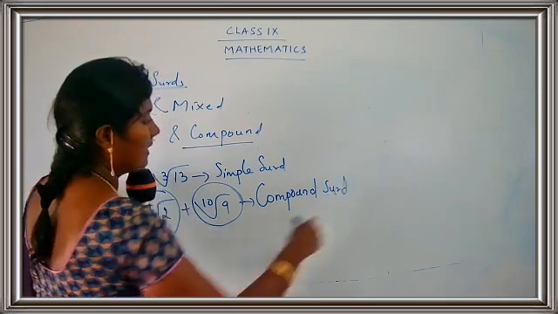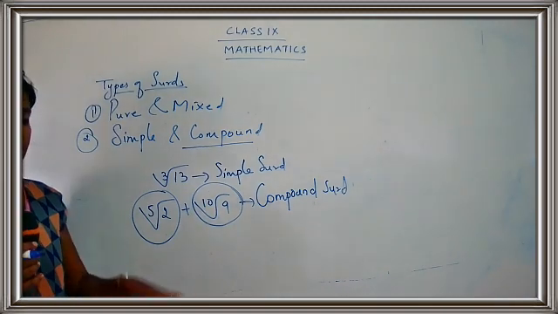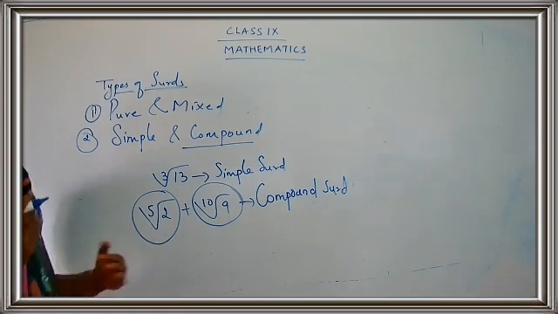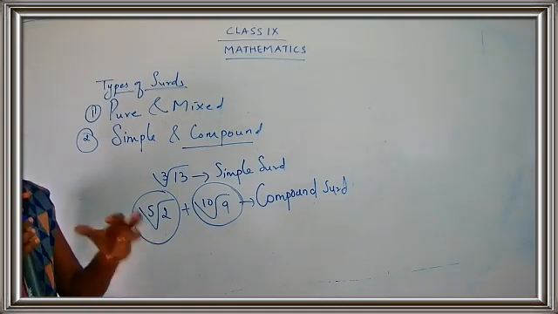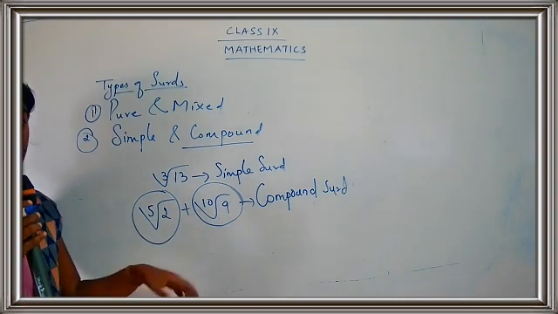What do you have to call it? Compound surd. So what is the definition for simple surd? A surd with a single term is said to be a simple surd. And the algebraic sum of 2 or more surds is called a compound surd. Or you can just say in simple language, if you have more than one term, you call it a compound surd. So mostly we write two terms using some operation. So you can use a plus sign or a minus sign when you write a compound surd.